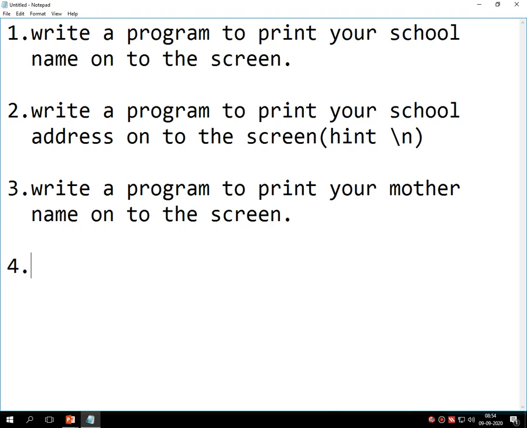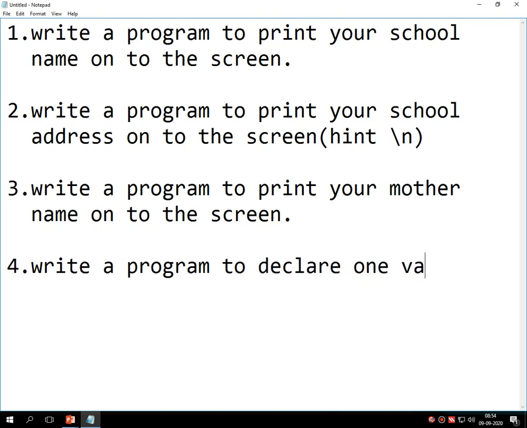Definition number 4 is write a program to declare one variable which prints 67 onto the